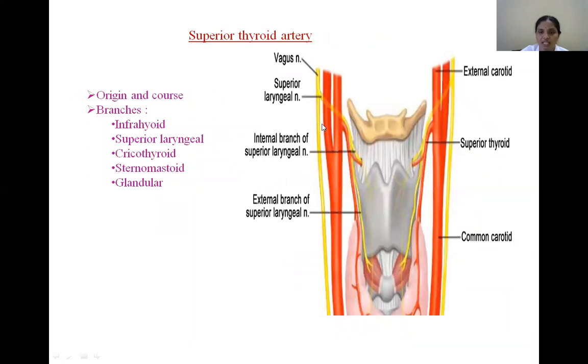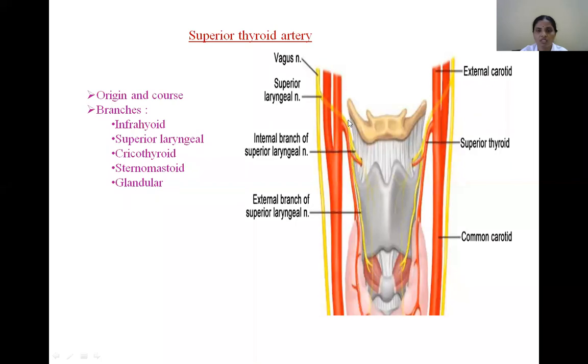Then coming to the superior thyroid artery. So this is the second branch taking origin from the external carotid. So the superior thyroid artery, just appreciate this bone, hyoid bone. This is the greater horn of the hyoid bone. This is the tip of the greater horn. So what is the exact level from where it takes origin from the external carotid artery? Just below the tip of the greater horn of the hyoid, the external carotid artery gives origin to this superior thyroid artery. So this superior thyroid artery descends towards the thyroid gland.